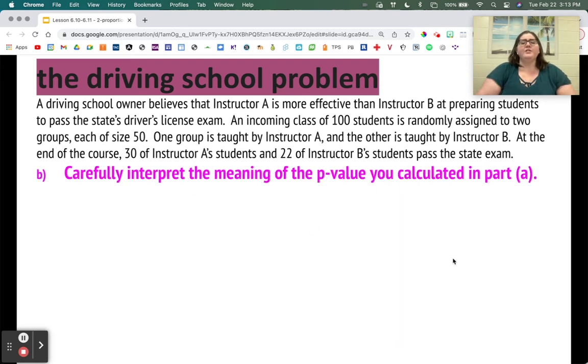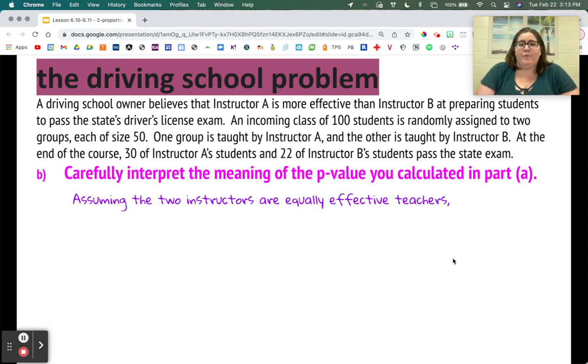All right. So when we interpret p-values for a 2 proportion, there's a lot going on. There's 2 different samples essentially that we're dealing with. So when we interpret it, it can get really messy really fast. So I always try to simplify how I say the p-value for a 2 proportion. So I'm going to say, as always, start by saying, assuming the null were true, if the null hypothesis were true, so assuming the 2 instructors are equally effective, is what our null hypothesis said, there's a 0.0547 probability of